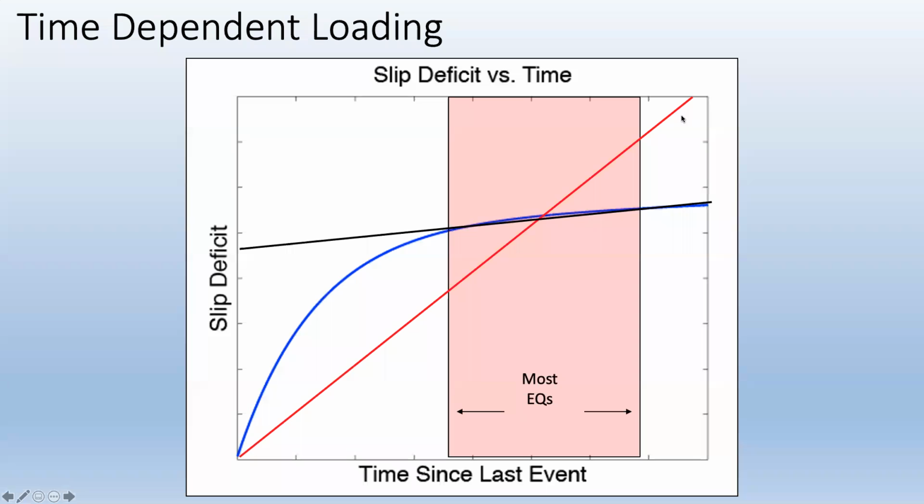And so what we think is really happening is that we have a nonlinear loading rate, like shown here in blue. Basically, you load very, very rapidly and tail off to a tectonic loading rate. But the problem is that we only have observations in this pink area. We're only looking at long recurrence time, sort of in an area where we're already back to the tectonic loading rate. And so if we were to fit a line to our observations, we would plot back to this point.